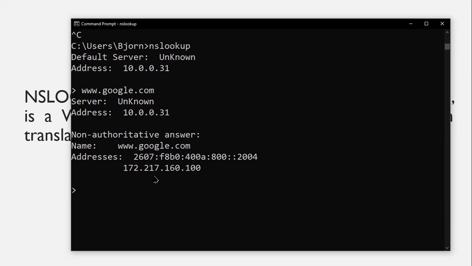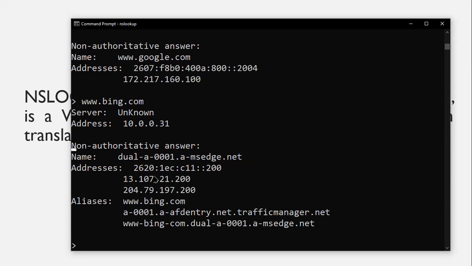Now there are some servers that have two or more IP addresses, for example, bing.com. As you can see, there are 3 IP addresses, and this is one way to make your website or web server highly available, in case one goes down or gets overloaded.